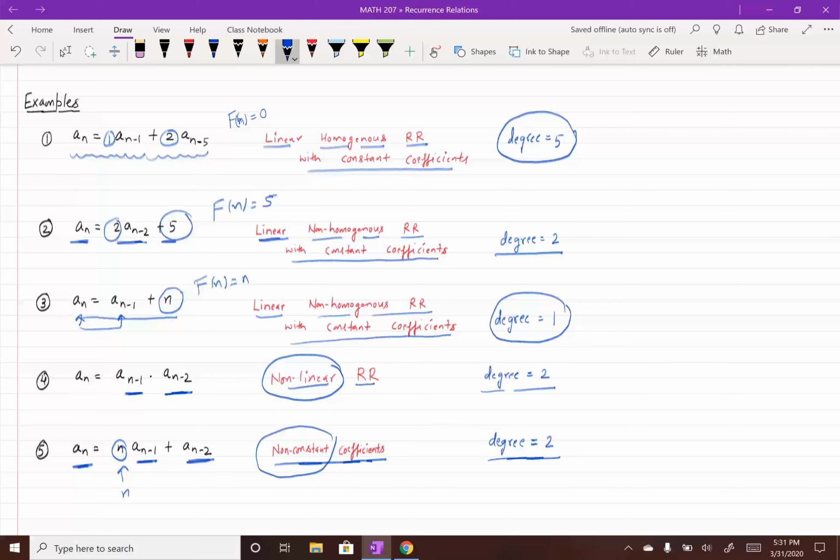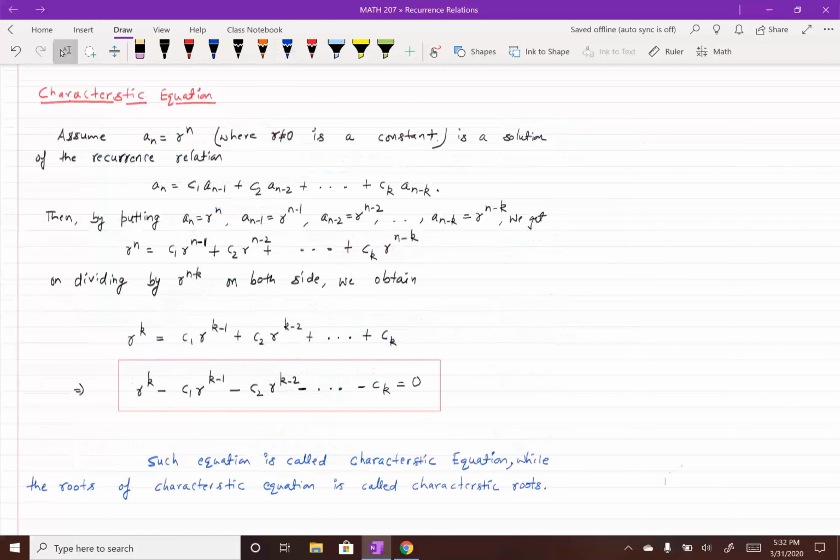So in this lecture, we are only going to focus on linear homogeneous and linear non-homogeneous recurrence relations with constant coefficient. First we are going to focus on how to solve a linear homogeneous recurrence relation with constant coefficient, and one of the tools you are going to use in solving those recurrence relations is based on characteristic equations. And the characteristic equation you can obtain by assuming that, let's suppose, a of n is equal to r to the power n, where r is not equal to 0 and is a constant,